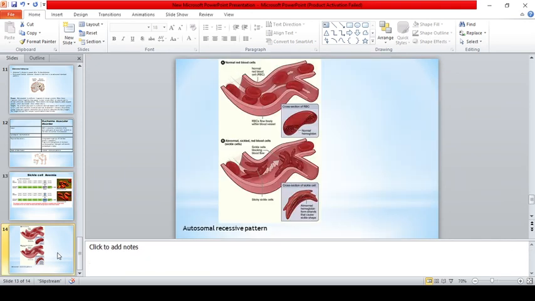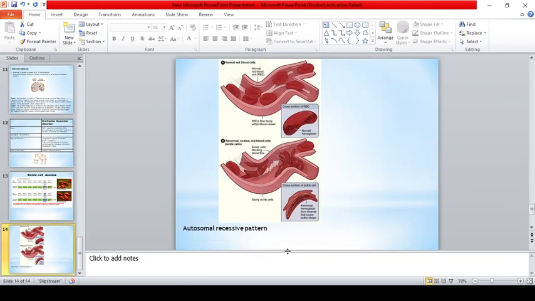In this picture, I clearly mentioned how it is blocking. Normally the blood flow will be very clear. This is a cross section of an RBC, and there will be normal hemoglobin. But in case of sickle cell anemia, due to the shape, the blood flow will be blocked. At the same time, the hemoglobin will form an abnormal structure that will cause a sickle cell. The mode of inheritance of this disease is autosomal recessive pattern.